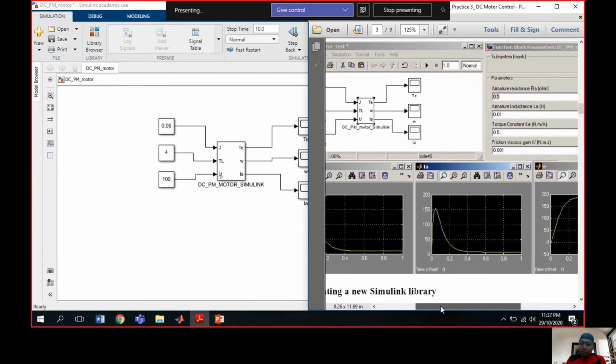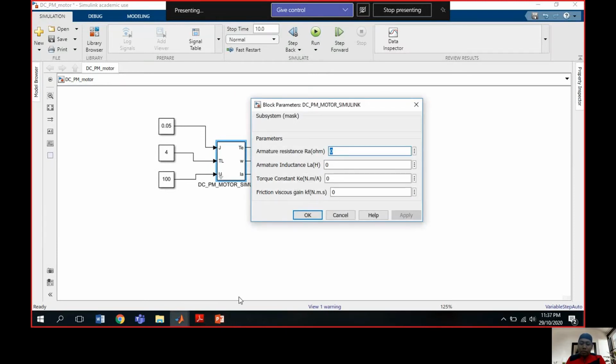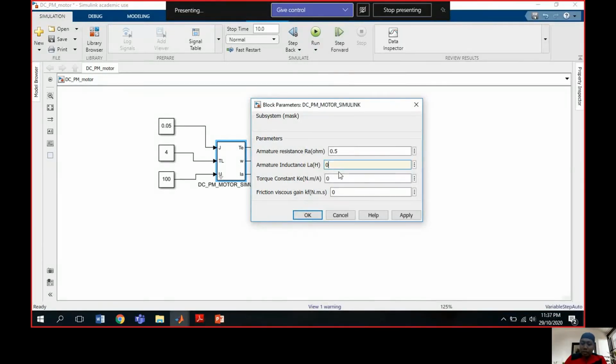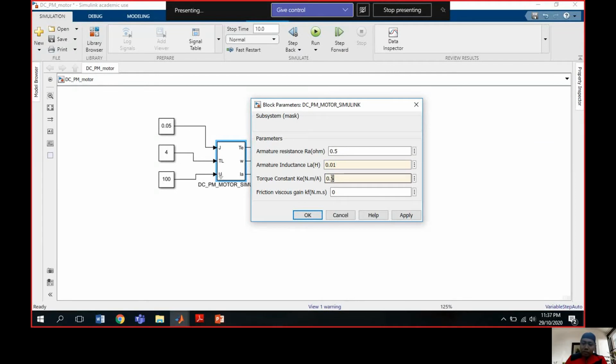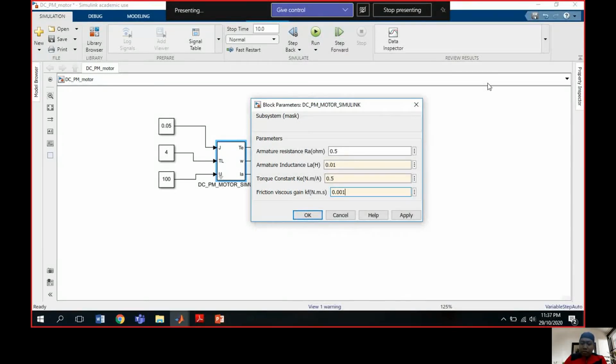After that, I will check RA, LA, KE, and gain. We double click. The first one is 0.5 ohm, also LA 0.01, then 0.10, and the last one is 0.001.